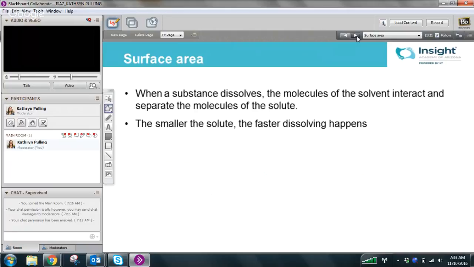Surface area. So when a substance dissolves, the molecules of the solute have to be able to interact with the molecules of the solvent. All right, so the more molecules that can interact at one given time, the more it will increase the rate at which things dissolve. If you think about it, here's my cube of sugar, versus a whole bunch of just sugar molecules,